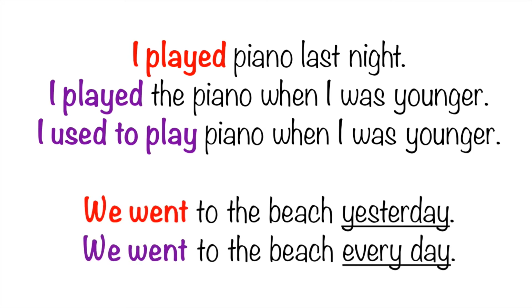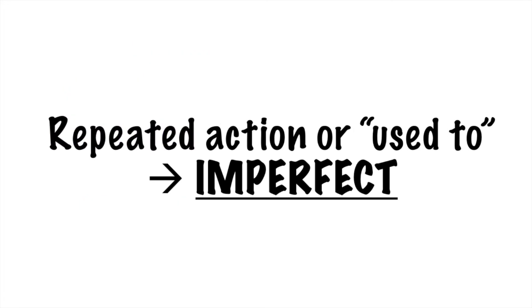Here are two more examples, again using the English simple past tense. Once again, the first sentence implies a single completed action. We went to the beach yesterday. However, the second sentence implies a repeated action in the past, something that we did several times. So if we're talking about a repeated action or something that we used to do, we need to use the